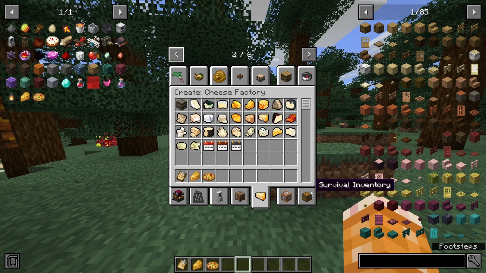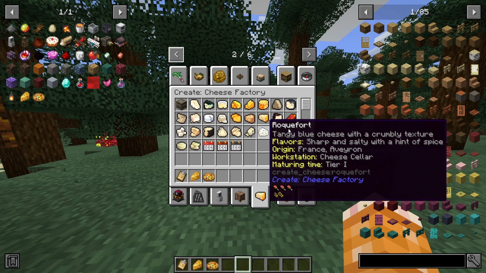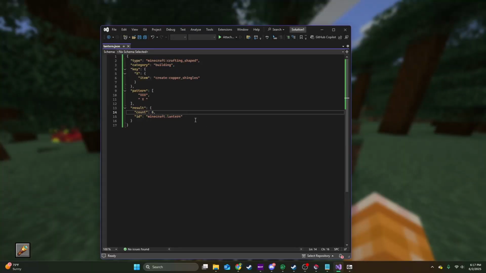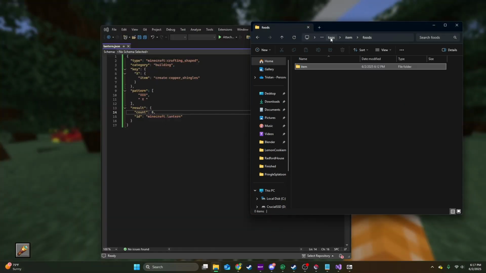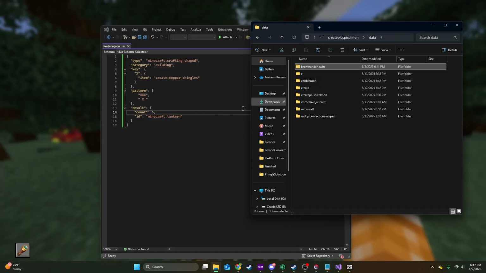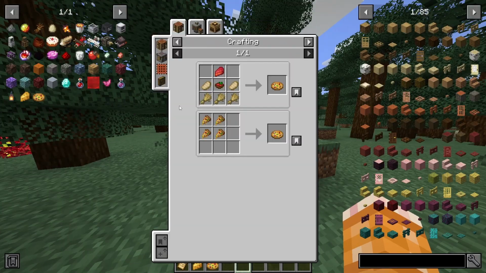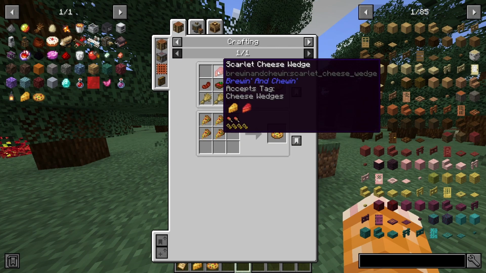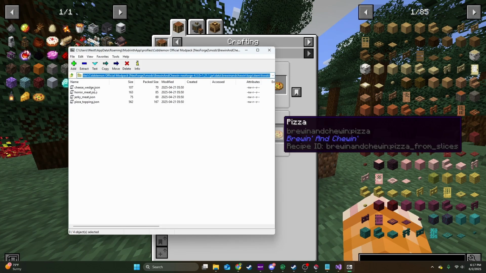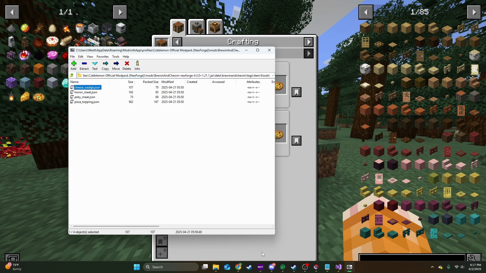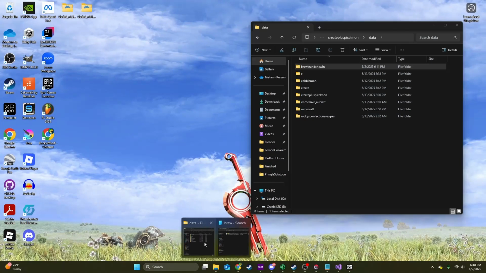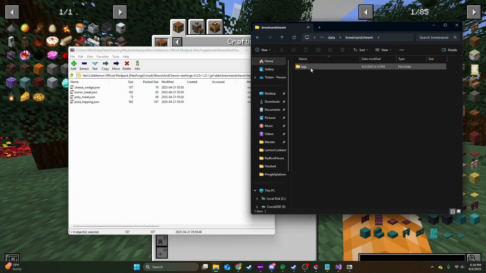It is this one. There are so many cheese wedges here. Look at all these. Look at all these. This is all thanks to the cheese mod. Luckily, I have already spent a whole night doing this before. So, if we look at our cheese wedges category, right? From brewing and chewing, let's make sure cheese wedge is in the same place as pizza toppings. So, let's go ahead